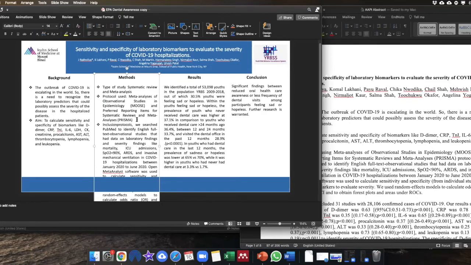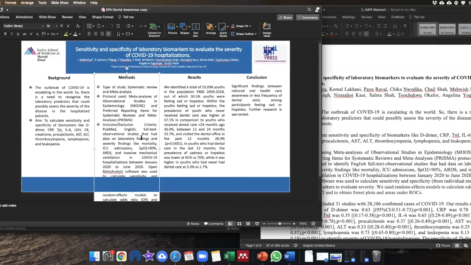inclusion, exclusion criteria, it will be very easy to read for the reader. PubMed, full text English, full text observational studies,